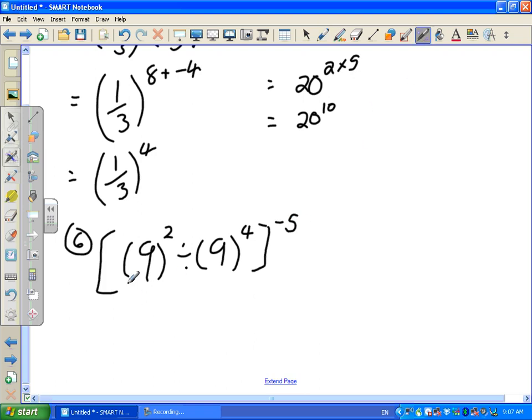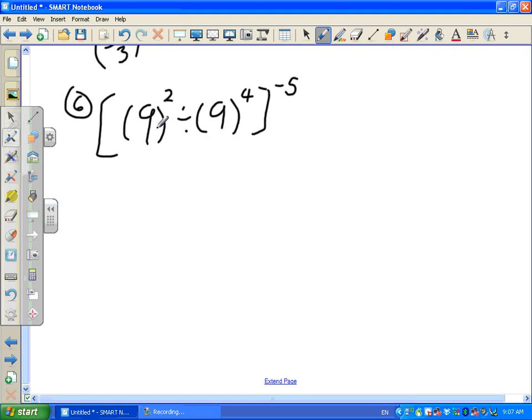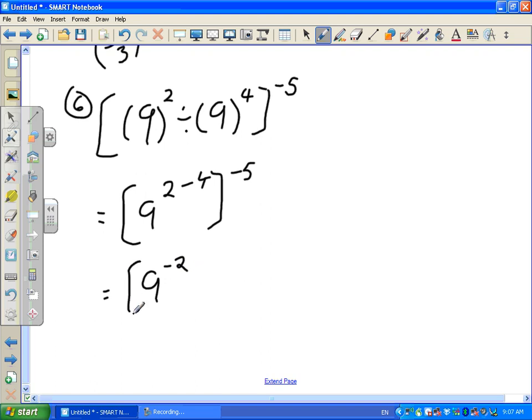Now, according to BEDMAS, we deal with the brackets first. So I'm going to deal with the division between those two numbers first. Then I'm going to deal with their exponent on the outside. So these are two bases that are the same, and they're divided by each other. So we're going to subtract the exponents. So we have 9 to 2 subtract 4, to the power of negative 5. We get 9 to the power of negative 2. Now we have a power of a power, which means we're going to be multiplying